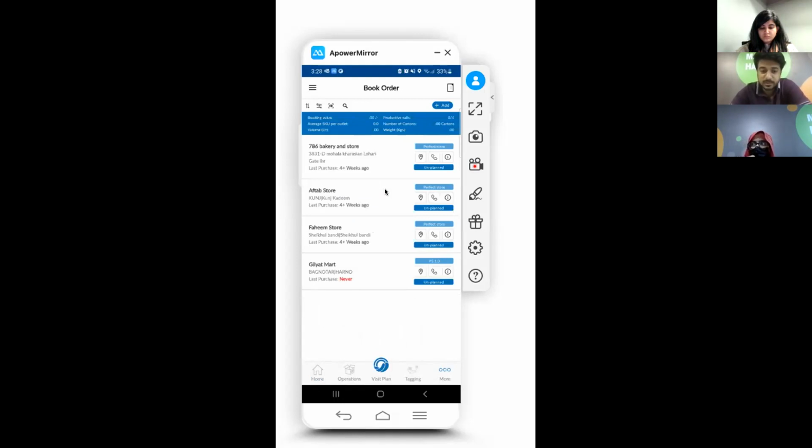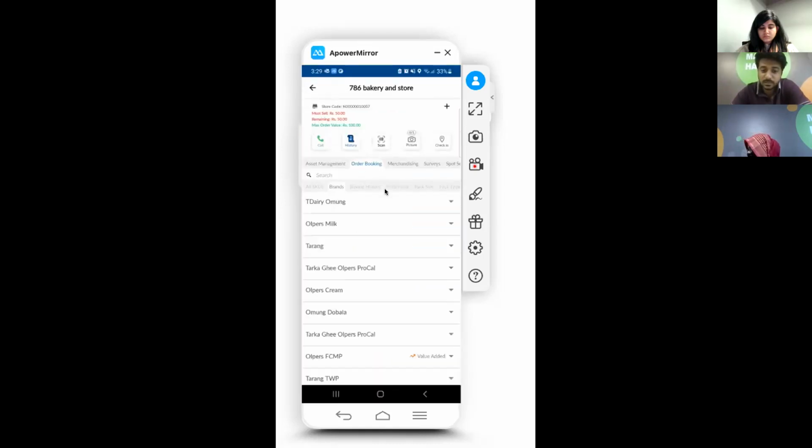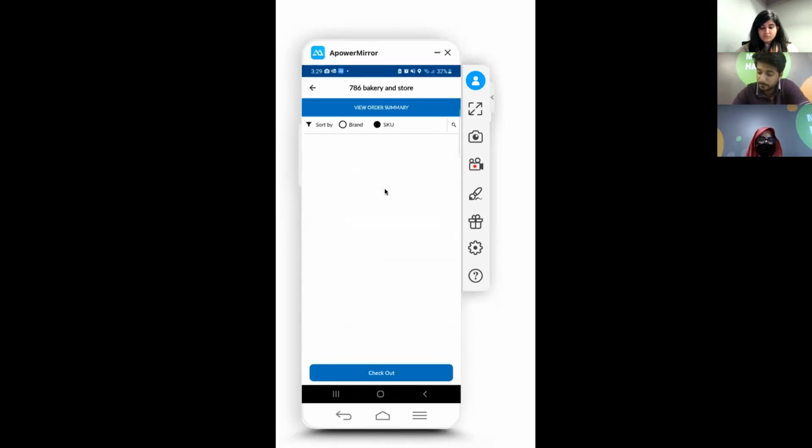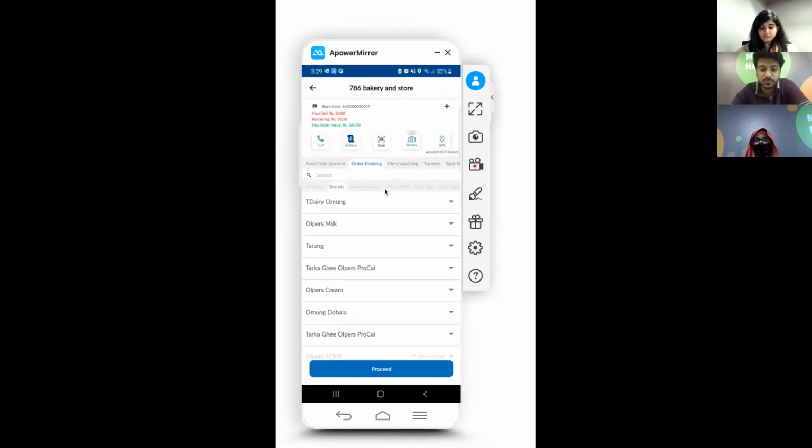And the major update we did is the checkout button. Let me just visit one store. जैसे ही आप किसी store पे check in करते हो and then take a picture. Okay, so आपकी जो चेकआउट की फंक्शनैलिटी थी was on the back press button, which is